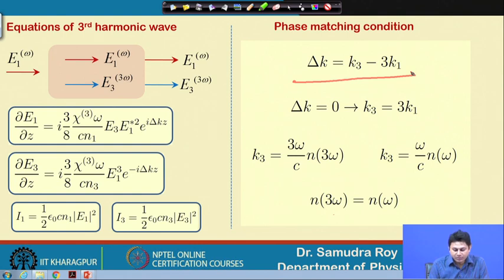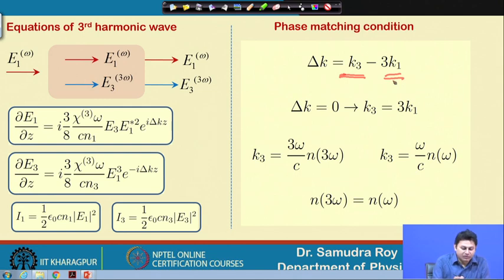For second harmonic generation, if you remember, it was k 2 minus 2 k 1. k 2 was the corresponding propagation vector for the second harmonic wave, and k 1 was for the fundamental wave. Exactly the same way here, k 3 is the wave vector for the third harmonic wave, and k 1 is for the